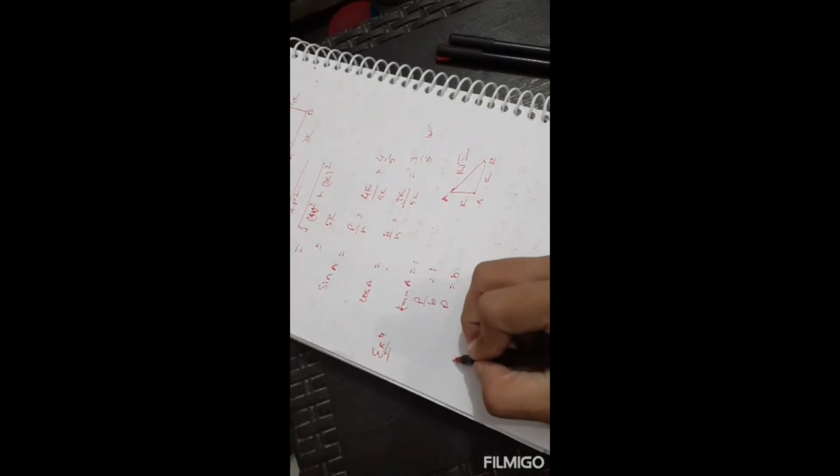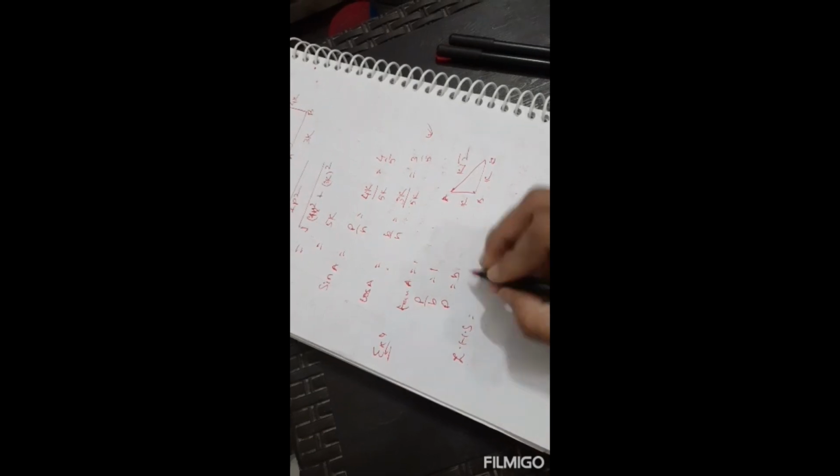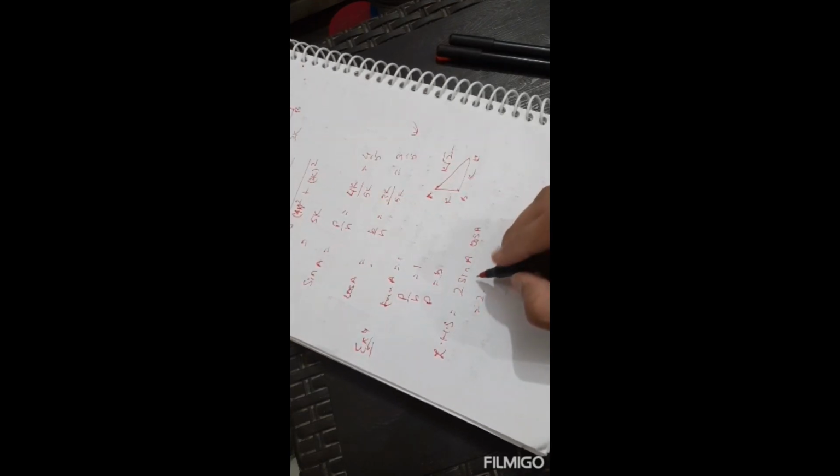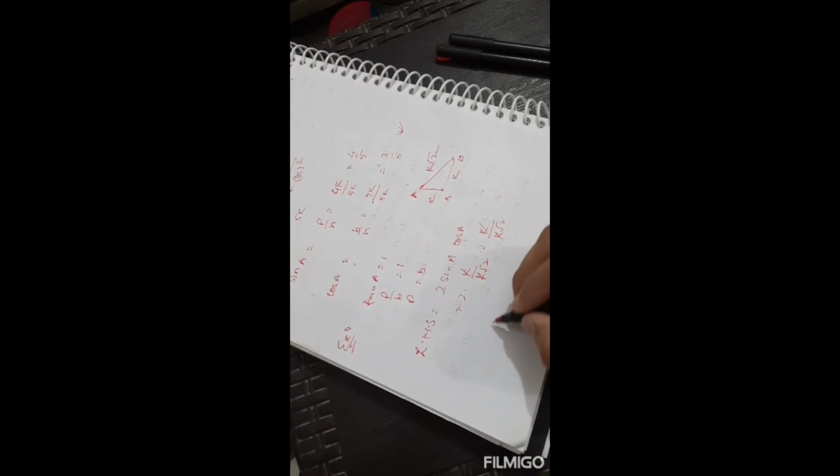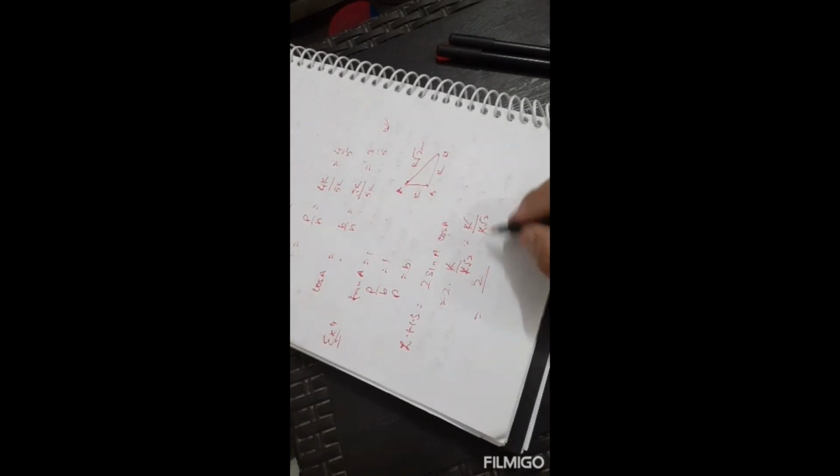Now left hand side is 2 sin A into cos A. So sin A is the perpendicular by hypotenuse, k divided by k root 2, into cos A equals base by hypotenuse. K and k will get cancelled, k and k will get cancelled. 2 divided by root 2 into root 2, 2 equals right hand side. Proved. So that was too much easy. Okay, next example.